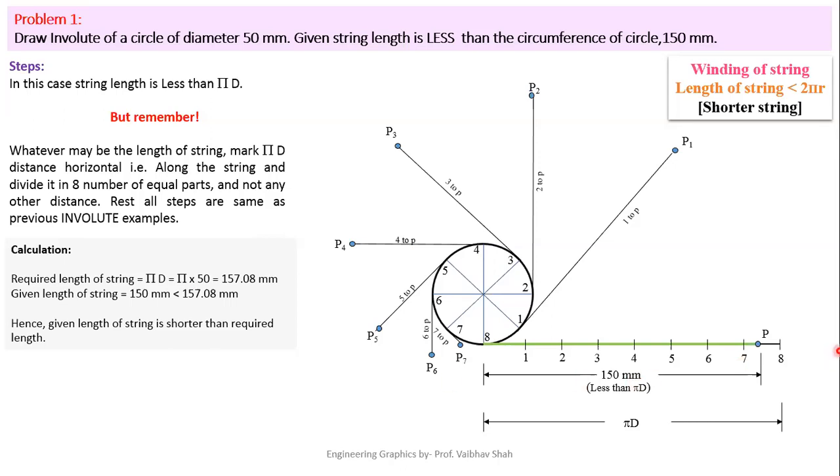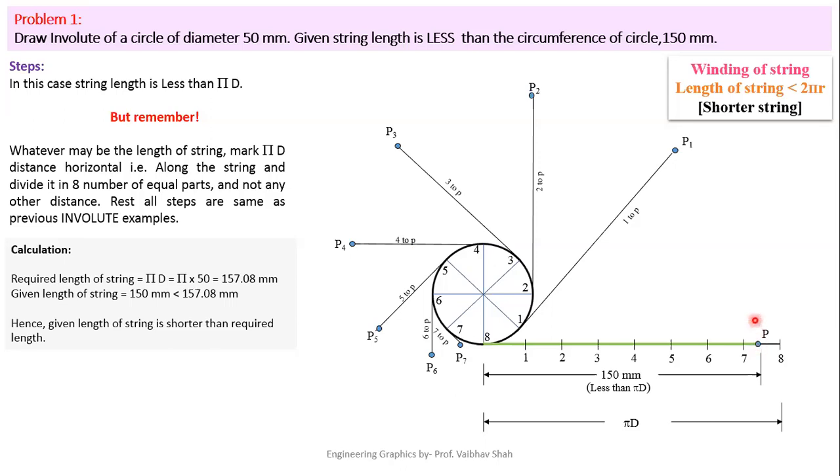Now next step, we'll just join this point. In this case, our starting point is P not 0.8. Always remember, most of the students are committing a mistake in this case. So our starting point is not your 0.8, the end point of your black line, but it is the end point of your green line, which is the P point, because we are dealing with the shorter string. This is a different case. So we'll start our joining process with this point P.